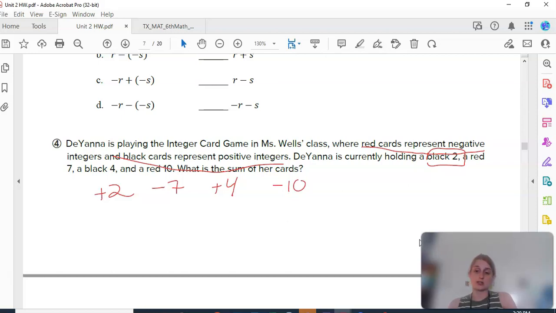So this is just like what we did on the do first. You're just going to figure out what her total is. So we have positives and we have negatives. 2 is a positive number, 7 is a negative number, 4 is a,